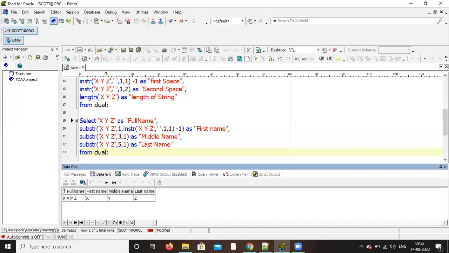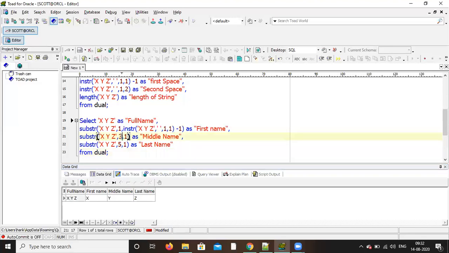Yes. So 1. Here, instead of 3, write 1, 2. No. That is okay. The above one is 1, 2, not below. Below one is correct, right? 3, 1, not an issue. Okay. 3, 1 only. So now how to replace 3? 3 means what? The position 3. How to find the position 3? Space plus 1.